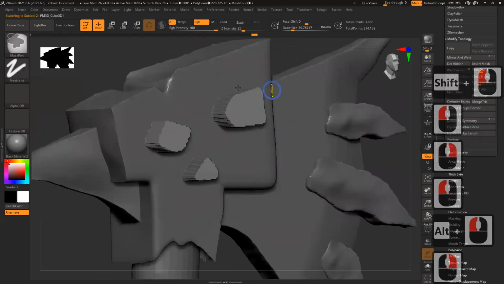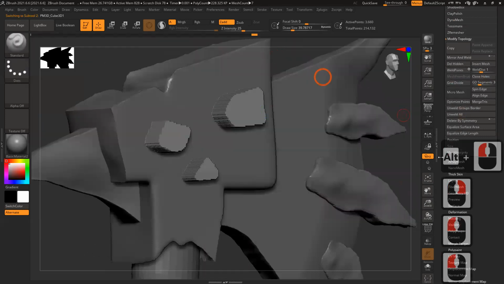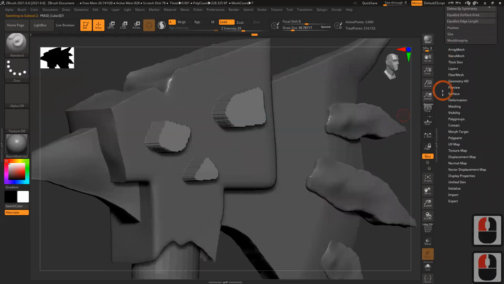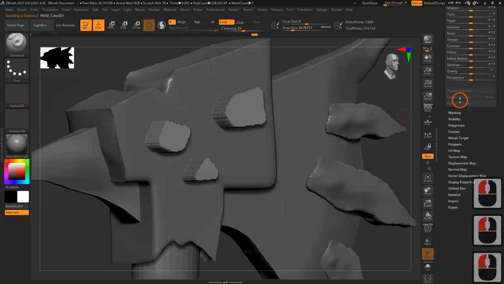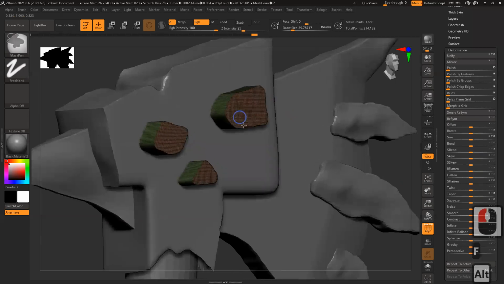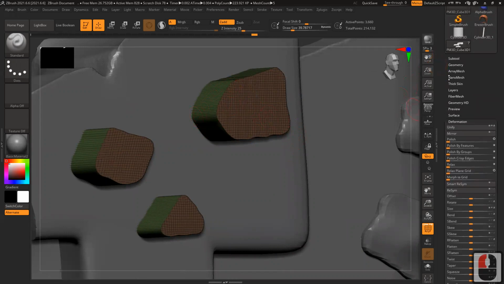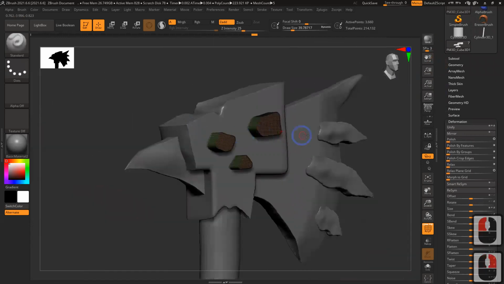So this shape is quite jagged, it's not very smooth and even. So how do I make it smooth? Go to deformation. There's something called polish by feature. If you do it, it makes all the edges smooth. You see, really nice and smooth. And the shape I want very crisp and clean. So I'll get this nice, clean, crisp shape.